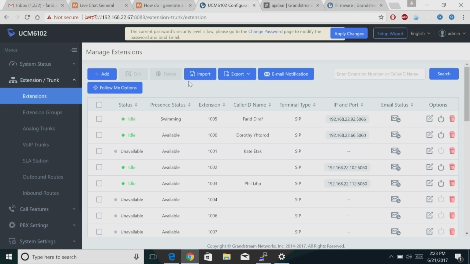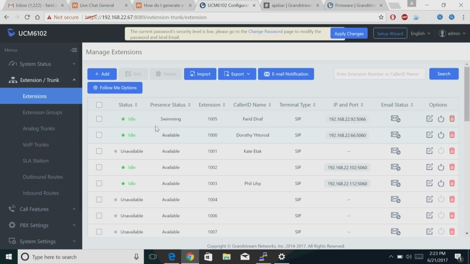Now presence is like if you use the free Skype application that you download from the internet, and you can set yourself as away, do not disturb, I'm busy, I'm swimming, whatever. So you've got some predefined presence statuses, and there's a custom one that you can